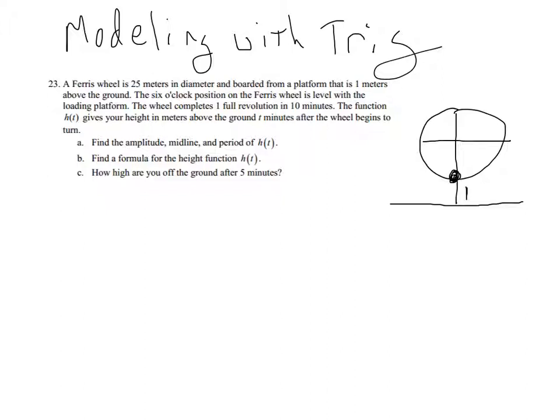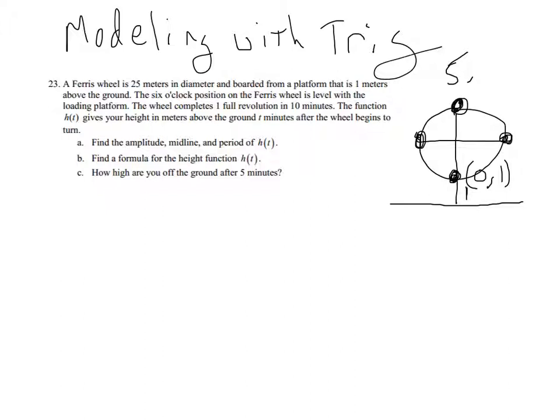And then let's see. It completes one full revolution every 10 minutes. And our function h of t is the height above the ground. So some things we can do here: we know at time 0, because that's when you're loading, you're 1 meter high. And then we get these 4 turning points just like we do in the unit circle. Now it tells me that it takes 10 minutes to go all the way around. So that tells me at 5 minutes